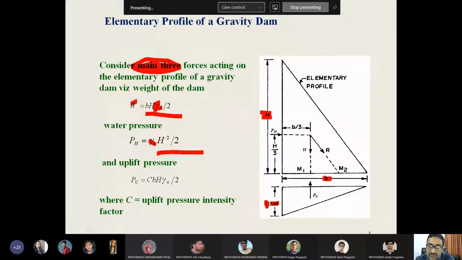Consider this carefully, because in the subsequent equations we are going to change the value of C. This is going to be critical in understanding the height and different stresses in the dam section. So note well what C is: C is the coefficient of uplift. It should be taken between 0 and 1. 1 means the uplift pressure is acting completely, and 0 means no uplift. That needs to be understood.